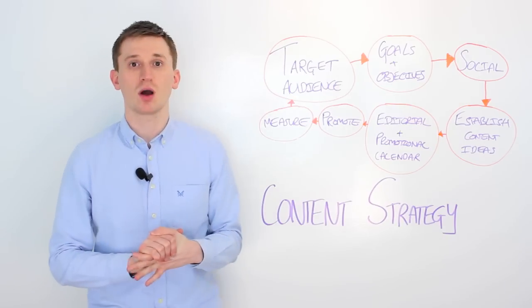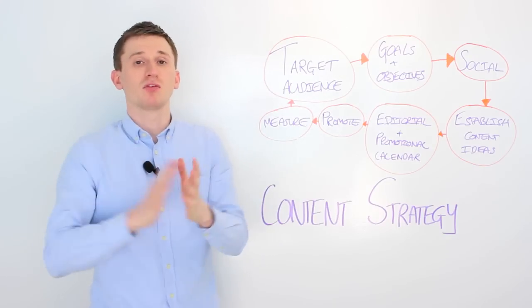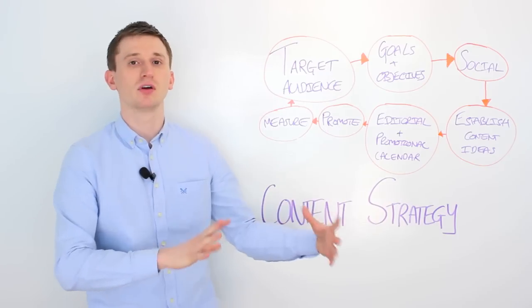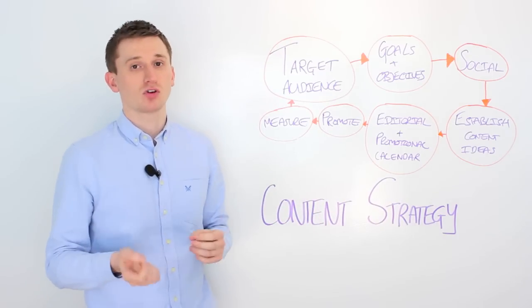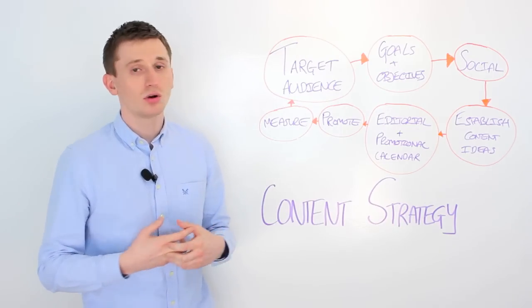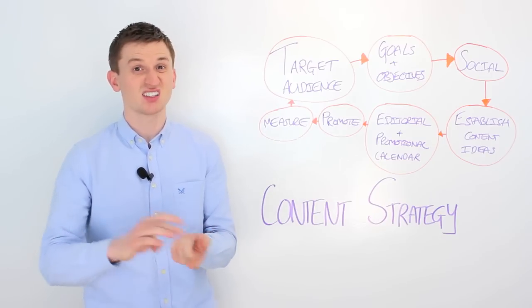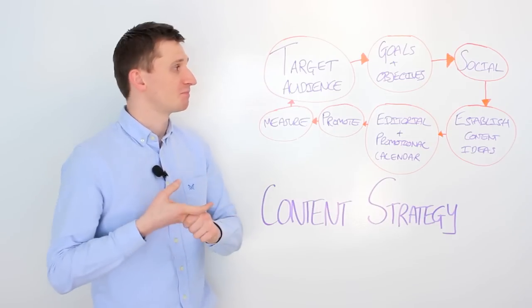Now, every business will have their own business plan, and then drilled down from that, they'll have their own marketing plan and marketing goals, and then drilled down from that, you'll have your content marketing plan and content marketing goals. It's key to remember that each piece of content that you create has to have its own goal and objective. Now, a goal could be something like driving referral traffic, organic traffic, social shares, engagement, conversions, leads, sales, and so on and so forth.